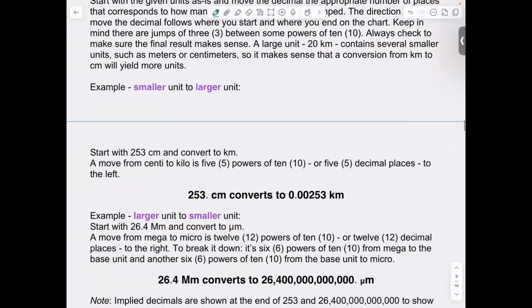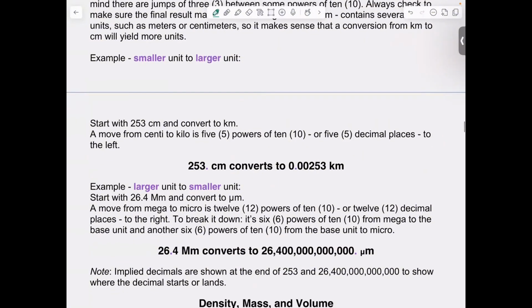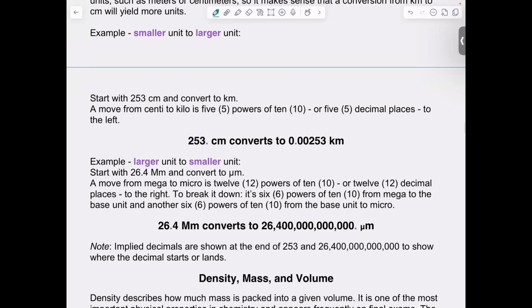So this is an example from a smaller to larger unit. Again, we took centimeters to kilometers. Let's take, this one's pretty big. I went all the way from mega to micro on the second example. So I took 26.4 megameters and converted it over to micrometers. Now that's a pretty extreme jump, but you just never know what you might see on a quiz or test,